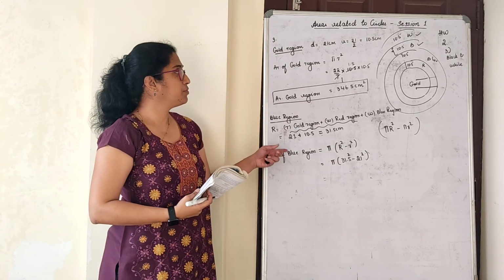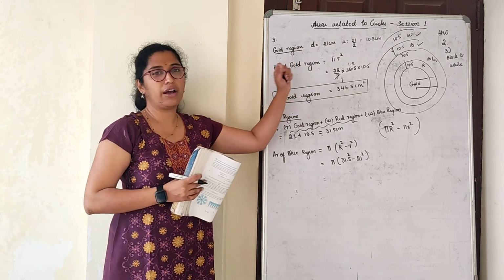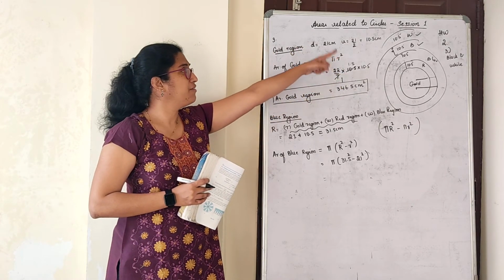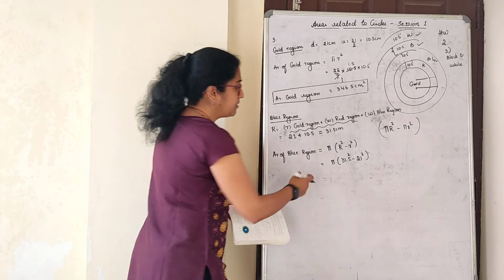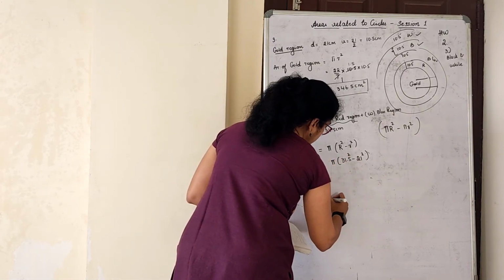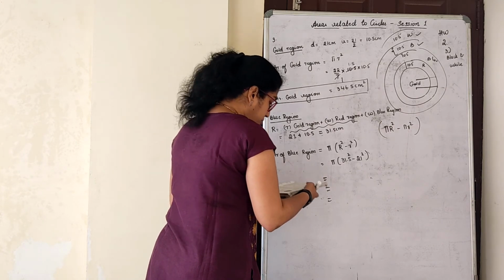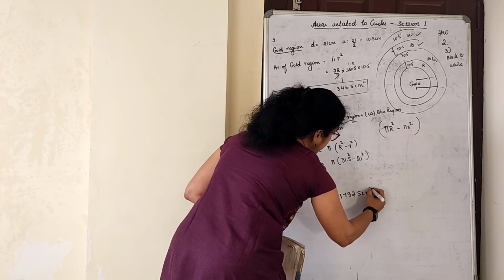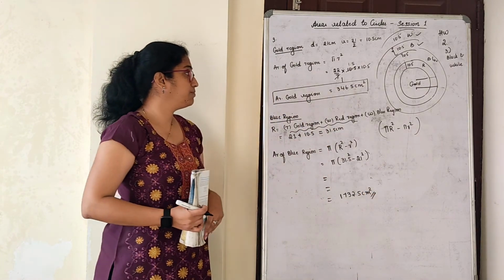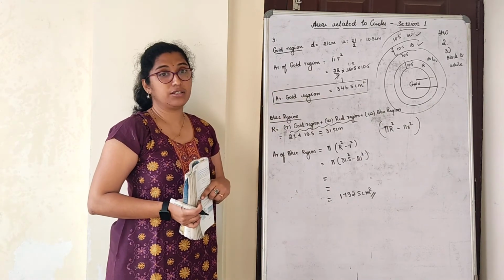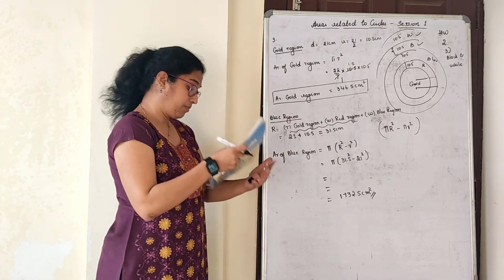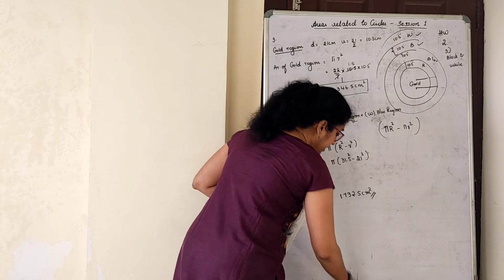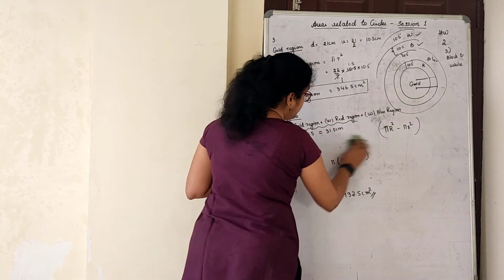See, that's what I told you. Understand, doing till gold is simple. Red you have to understand. Then once you understand red, if you understood exactly the concept, blue, black and white are again very simple to do. Calculate this. I will just skip the steps, but you have to finish it for the blue region, where the answer will be 1732.5 centimeter square. Area of blue region, right? Now black region and white region is for the homework which you can complete. We have last two sums which are very simple. We'll quickly finish them. With that, we are done with the first exercise.